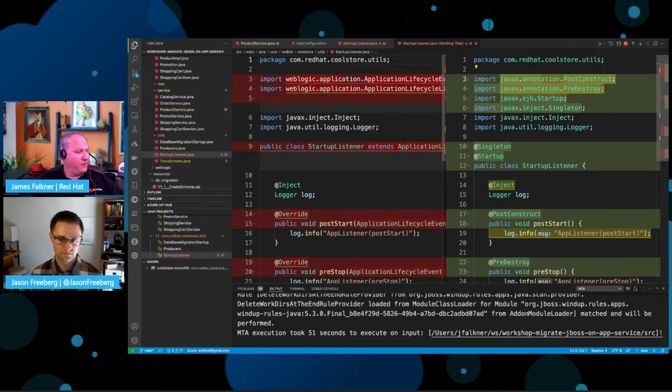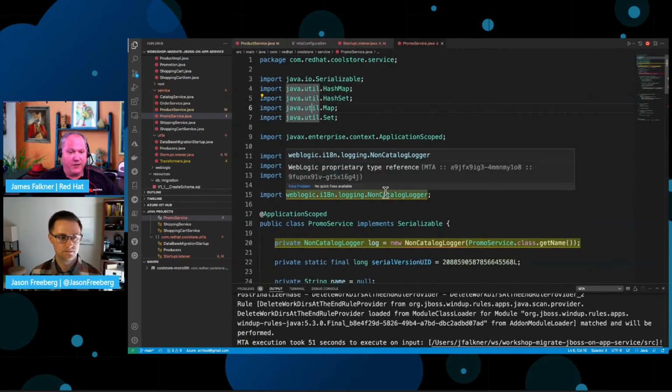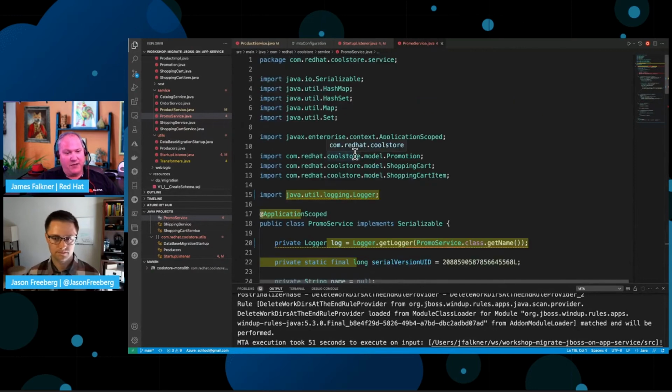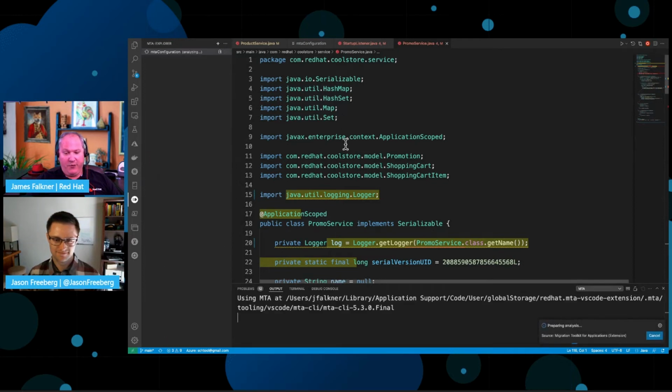There's one other file I need to fix real quick, which also uses a logging API that's not Java EE standard or Jakarta EE standard. That's in the promo service file. So I'll go over to the promo service file. You can see it's also marked here. So I'll just fix that, and bam. So I've got my application now migrated. So if I head back over to the tool and rerun it, we should hopefully get a 0 for the